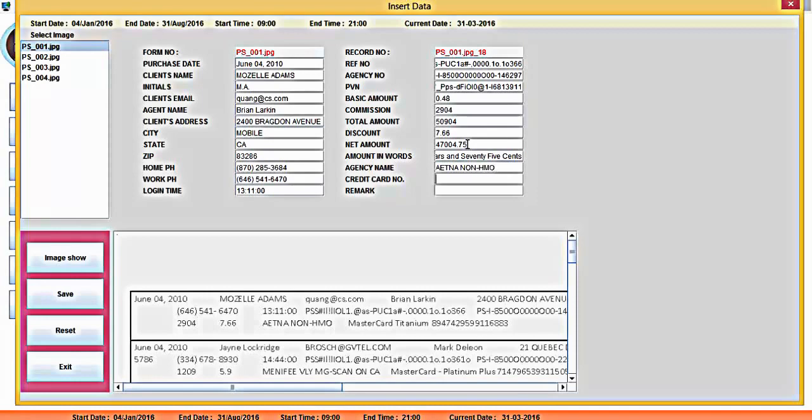Then credit card number. Then remark N.A. in capital letters. After filling up this form, you have to click on save. This form will get saved.